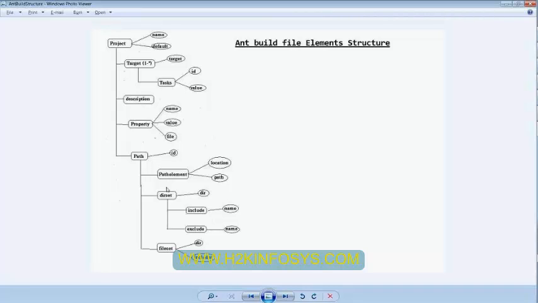So within path, you have 3 options available: path element, directory set, file set. The path element is used to refer to individual jar files. If you are referring to only a single jar file, 1 or 2 jar files, go for path element. If you are referring to a number of jar files that are available within a directory,